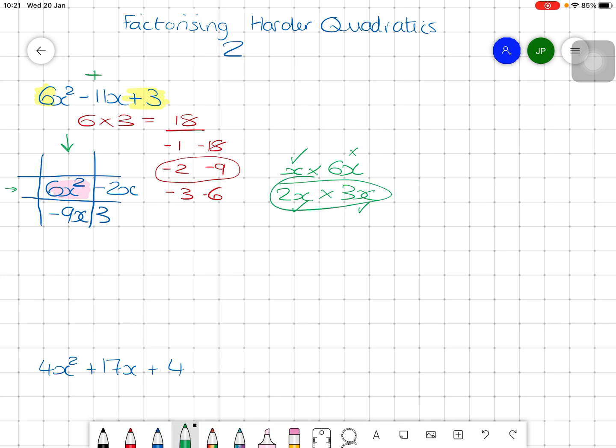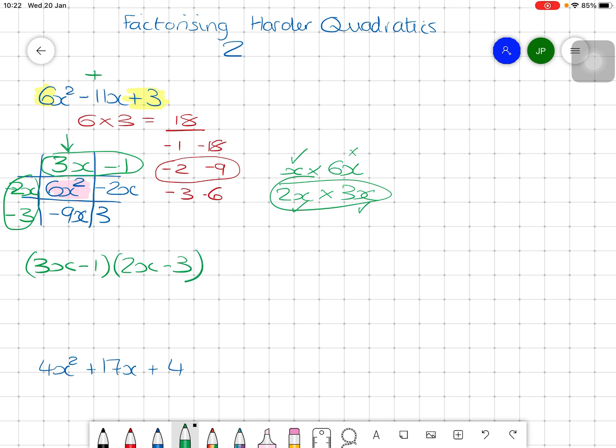We've got to make sure we put those in a particular place. So the 3x goes in here and the 2x in there. And then, same as before, we just work our way round. 2x to negative 2x are times by negative 1. Negative 1 to 3 are times by negative 3. And then just check your last one. 3x times by negative 3 makes minus 9x. Therefore, I'm happy. So I take my top row, I take my first column, and I will get 3x minus 1,